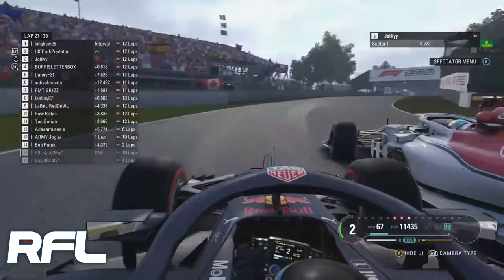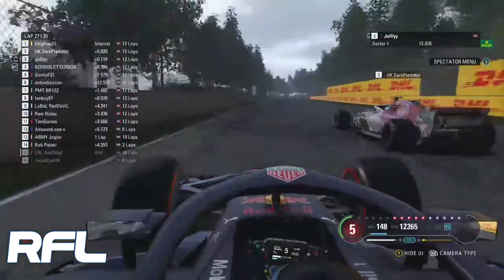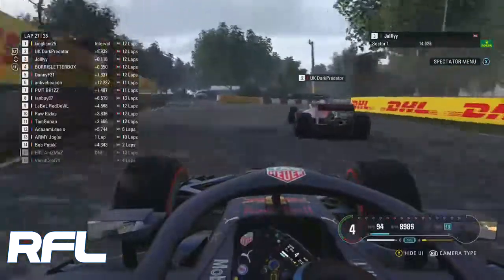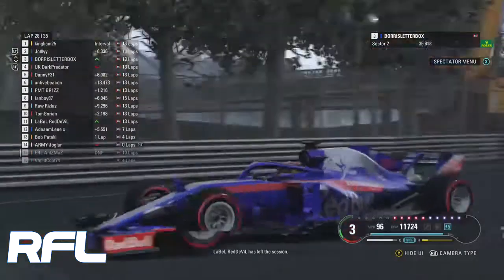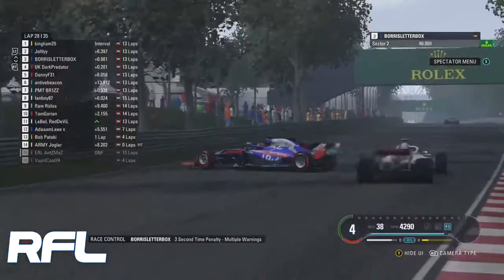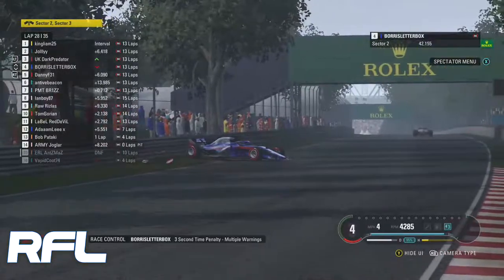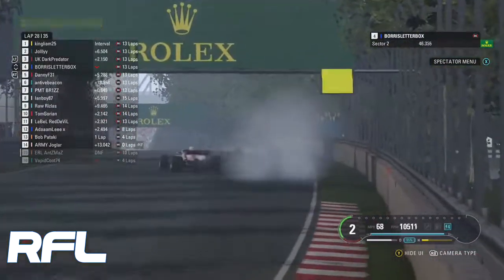Ooh. He's still side by side, but Dark Predator will hold the position. That was good racing. He's struggling now. Boris dives it down the side, but he picks up a penalty. As always, he spun around. He's lost a lot of his front wing there. He resets himself to track, but